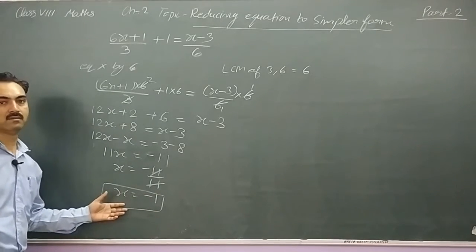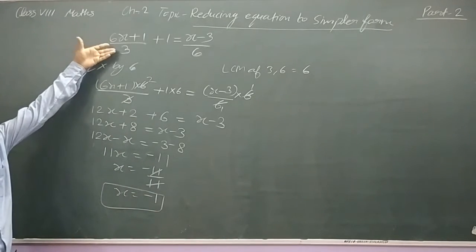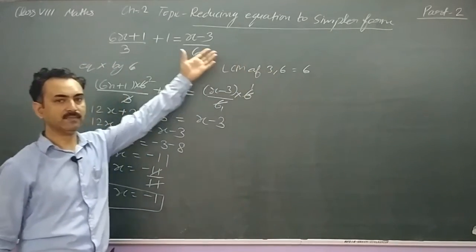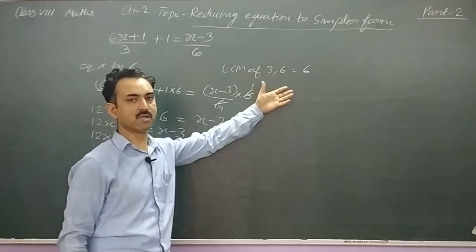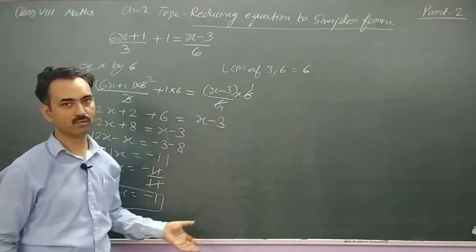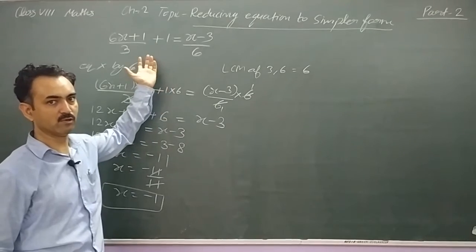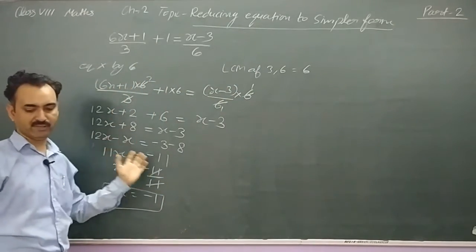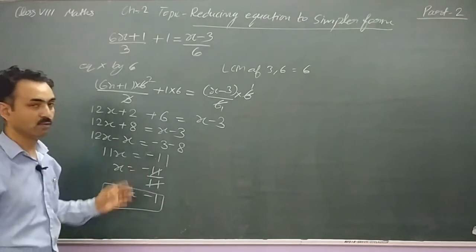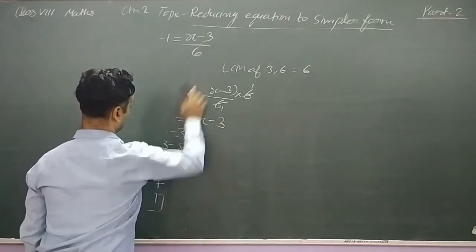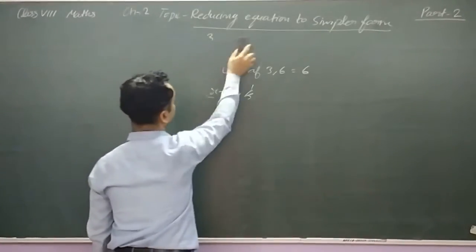Okay. Now you can see here how we simplify the equation by taking the LCM. So it depends on the question what we have to do. Sometimes you will multiply the equation directly by a number like 10, whatever number you want to remove, and now you can simplify the equation. So do practice. Now take other questions so that you can understand better.